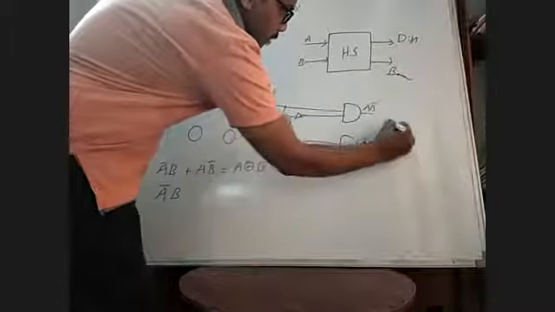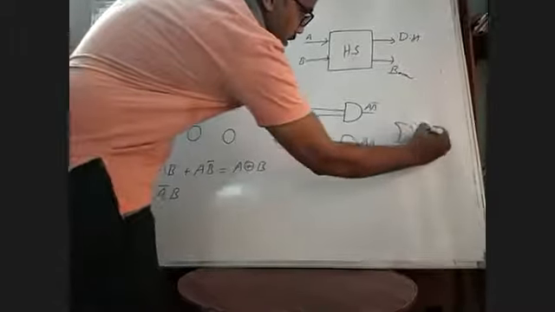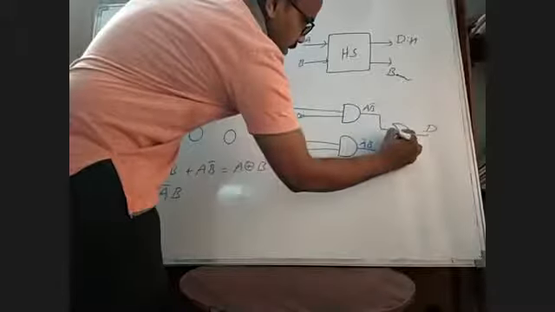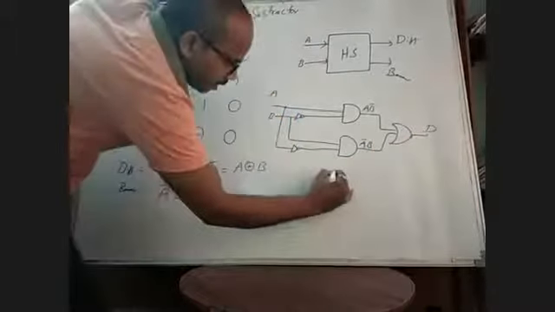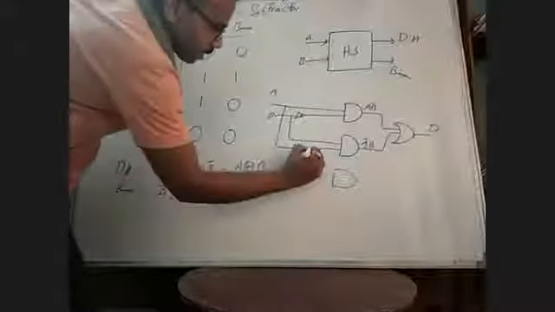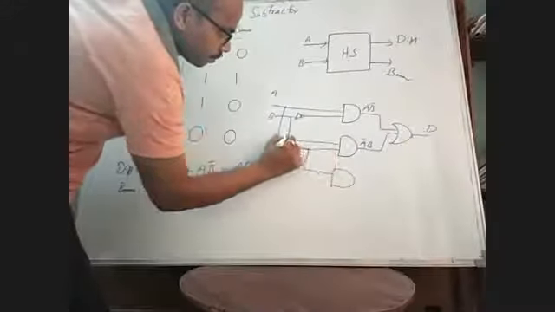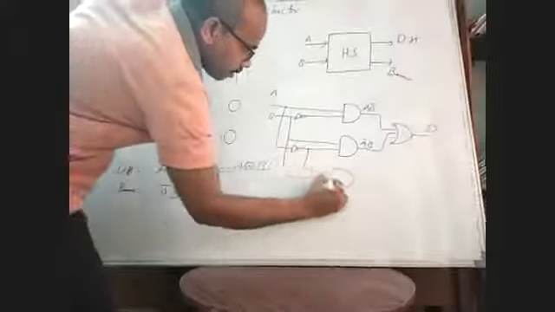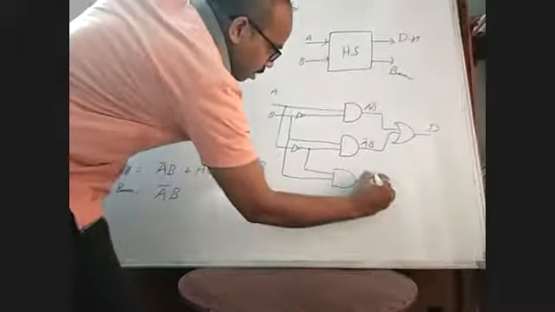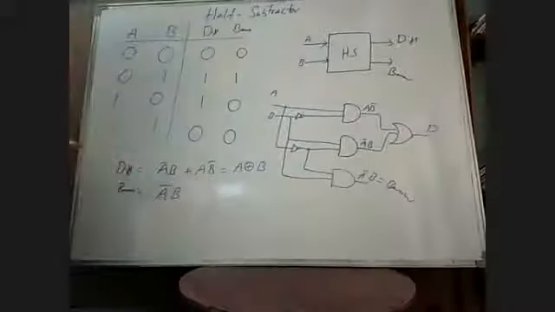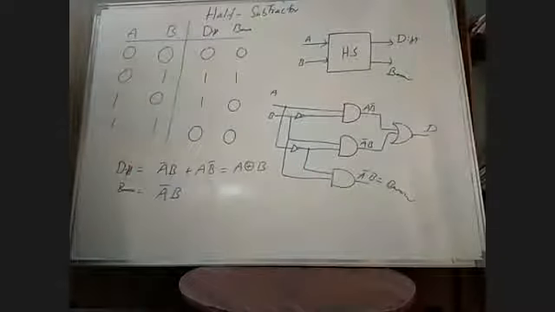This is generated with respect to the OR gate to generate sum, or to generate difference. And similarly, to generate carry, A bar B, I am generating the same A bar and B. B in the cover, I am taking the B here. This is equals to A bar B. This is your borrow, using basic gates.